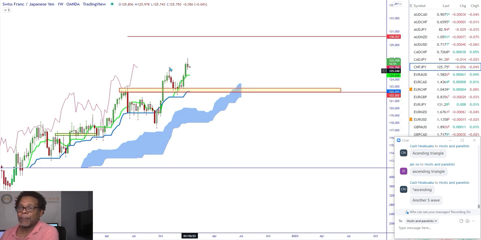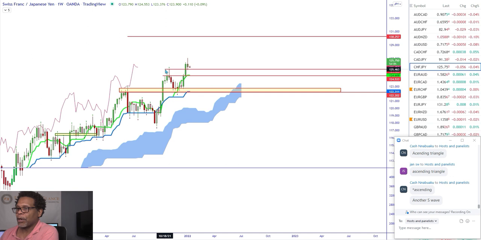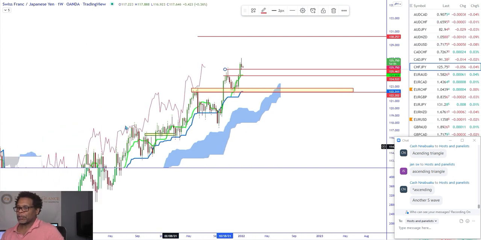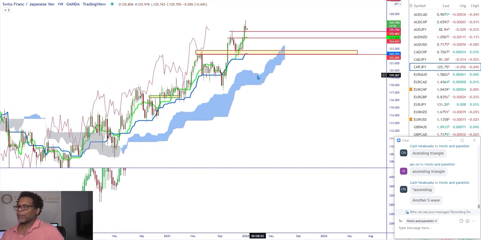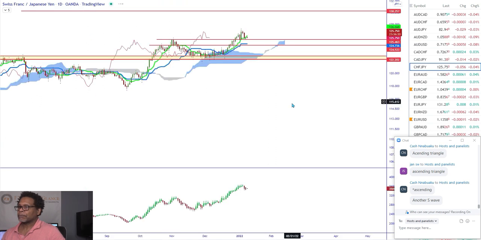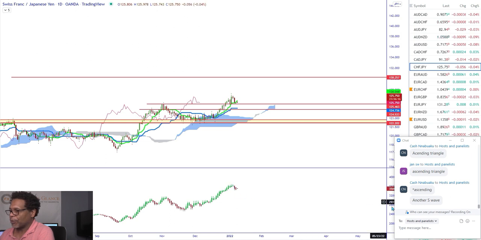But we could. I'm going to mark this fractal. And we're right up on the high of the fractal, so I don't want to really put that, because we are sitting on that level. So I'll just mark it. So now when we go to the daily time frame, we're very bullish. Very bullish. All right, so I like the move. I think we're going to shoot for this target at 132.57. But let's go to the daily. So daily's bullish. We're just getting out of a correction, maybe.